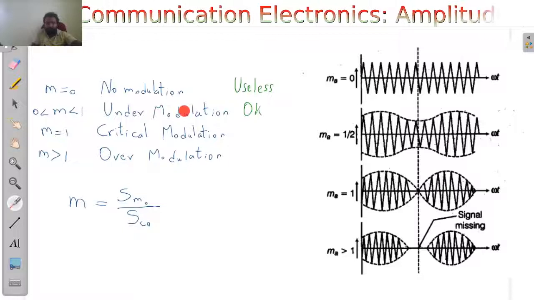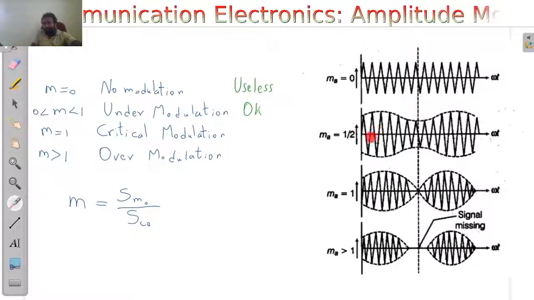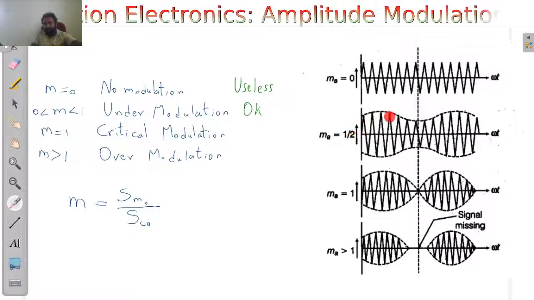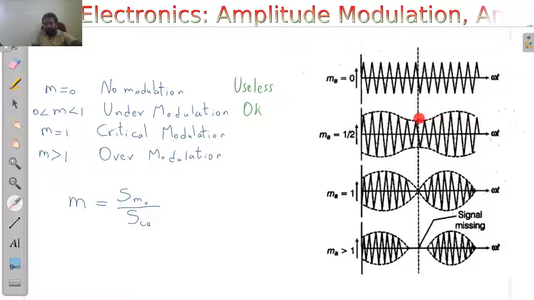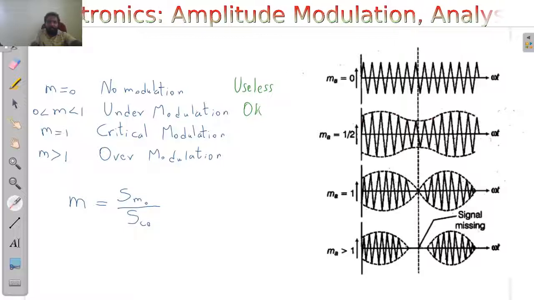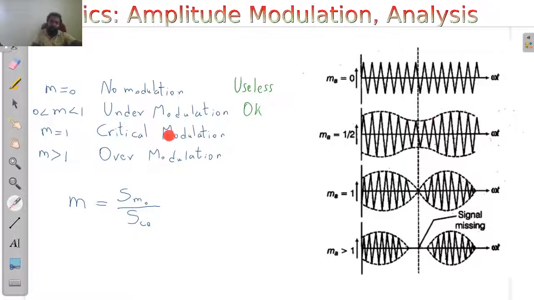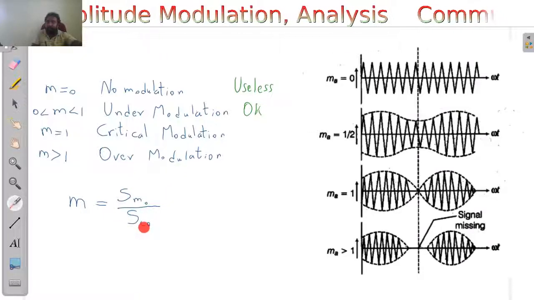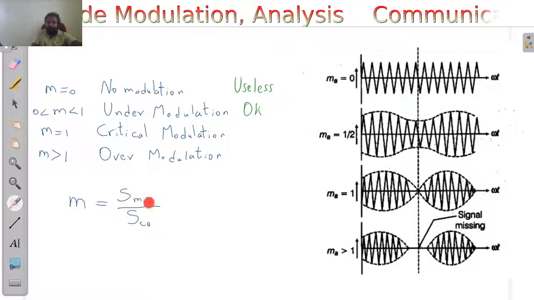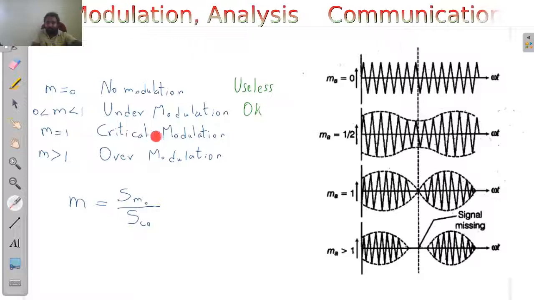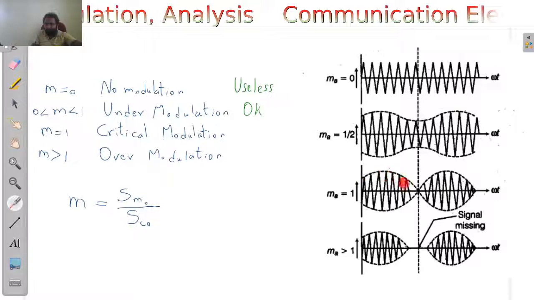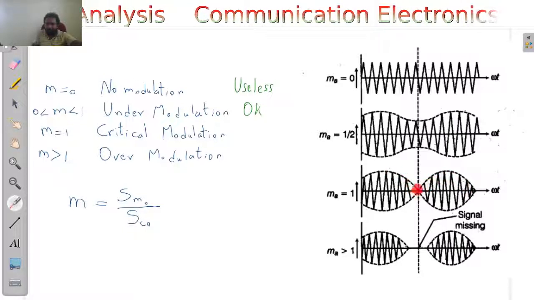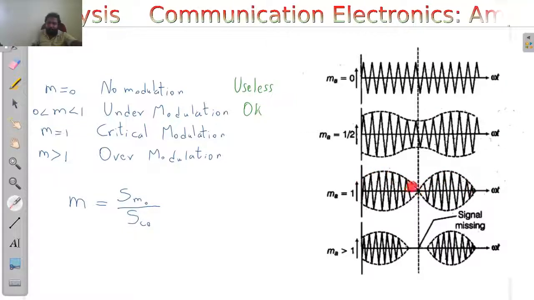The second case is represented here. Suppose your modulation index is 0.5, 1 by 2. Then your wave will look like this. And what happens when you critically modulate the wave? Critical modulation is the case when your numerator and denominator are the same. So when you divide, you get 1. So the critical modulation condition looks like this, just grazing the x-axis at this point.